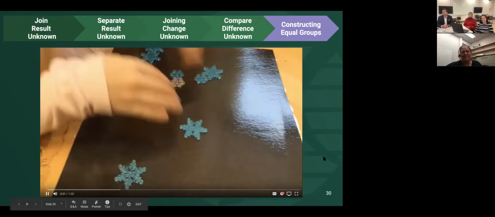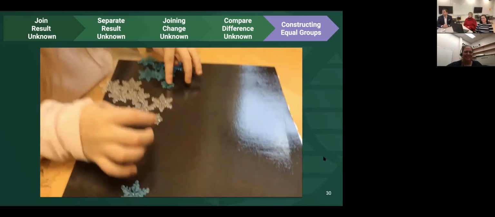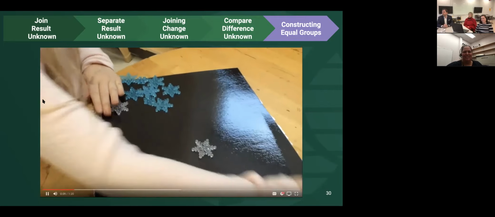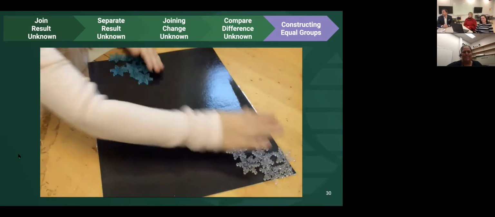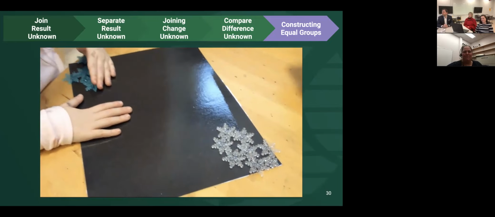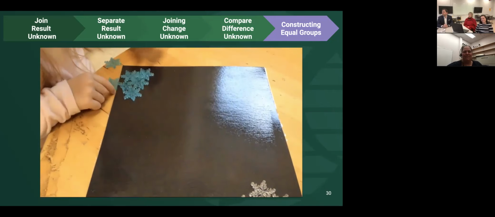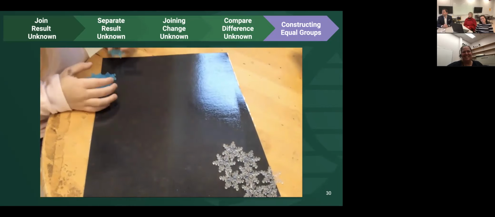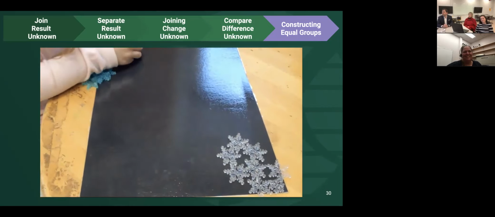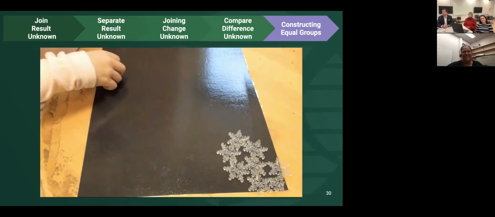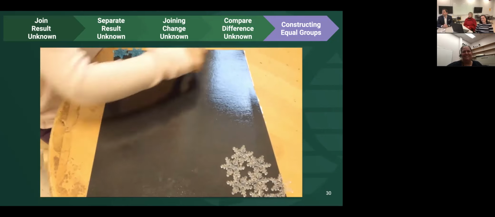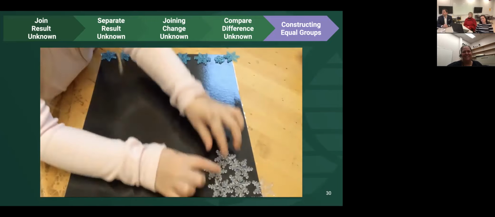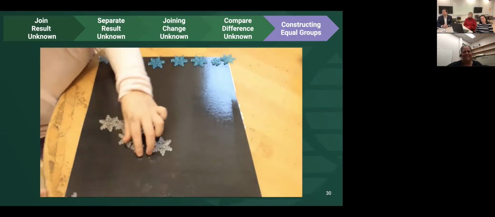What are you doing there? Playing with snowflakes. How many do you have in that one group there? It looks like you have 8 snowflakes in 2 different groups. How many snowflakes do you have all together? First I need